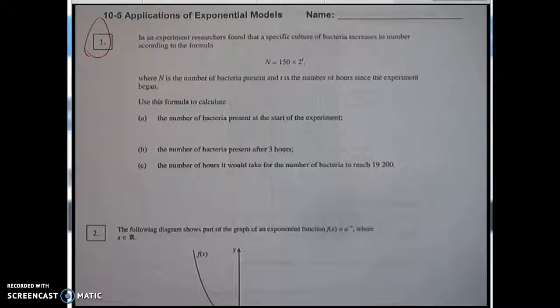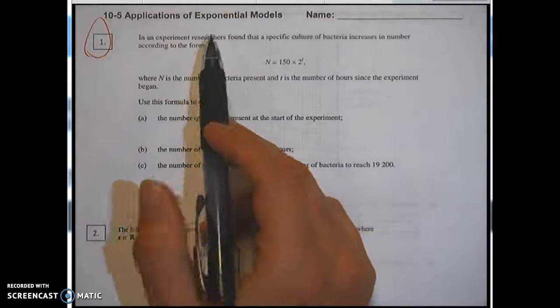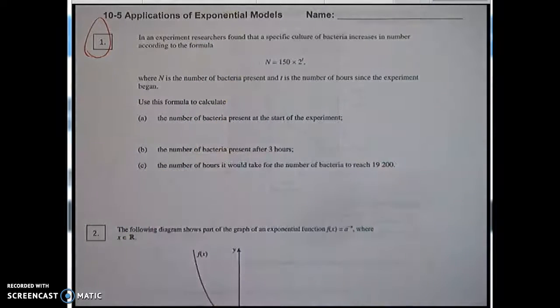This is Mr. Alexander, and I want to talk to you about what we're doing on the 5th day of our logarithms and exponential function unit, which is applications of exponential models. So I'm just going to solve some of these problems here, see how much we can get done in the